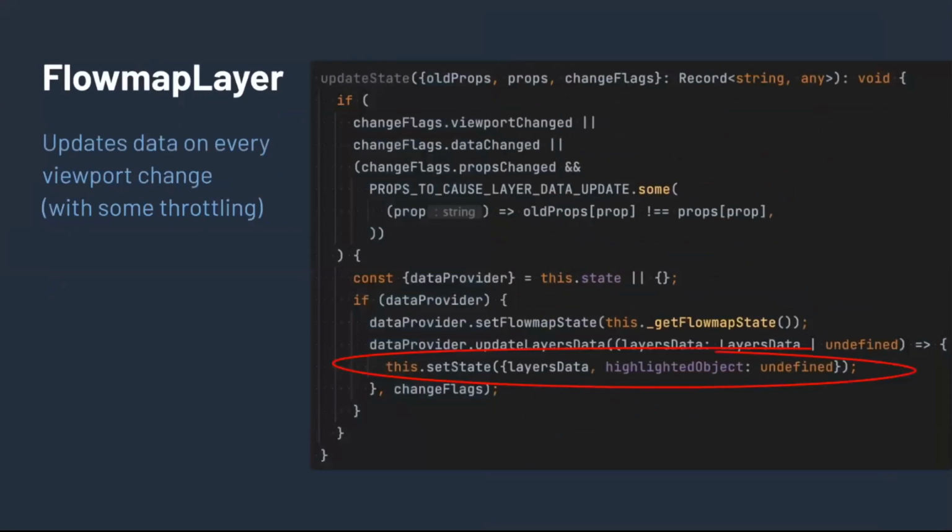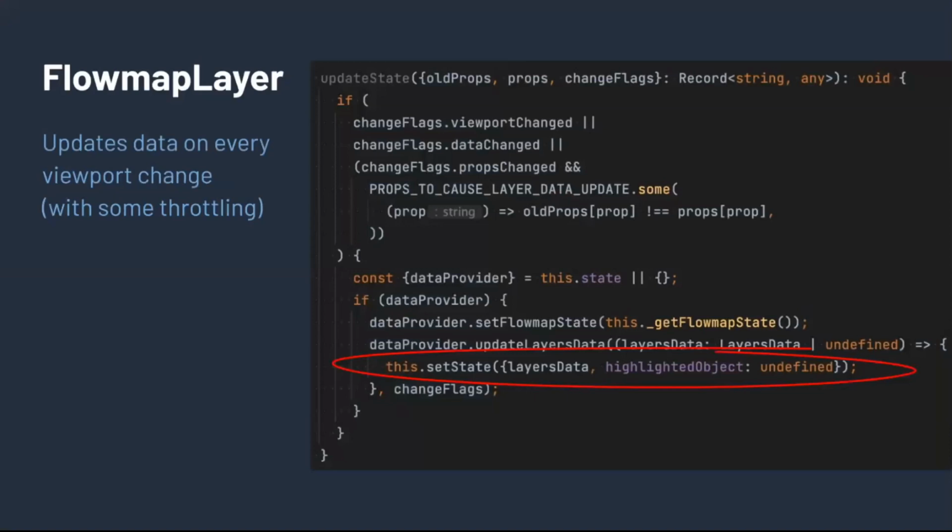Yes, and the Flowmap layer itself, unlike the normal deck.gl layers, updates itself. So it adapts to the viewport when we zoom or pan in the map, and of course, if we change some settings.